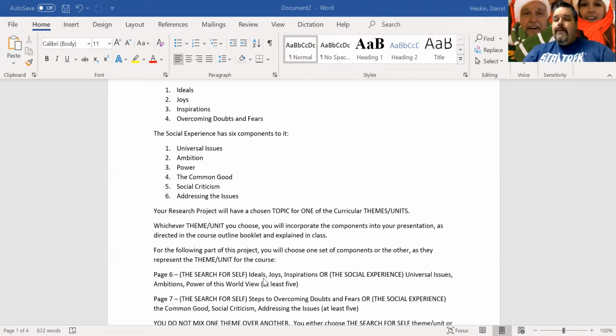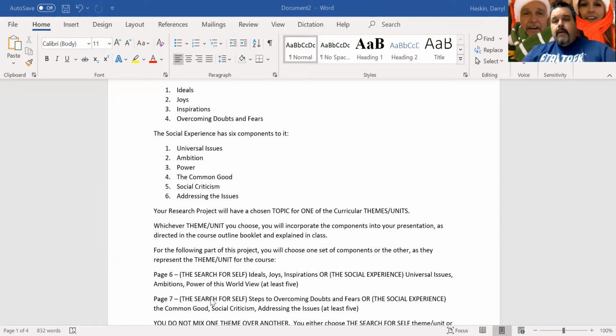Now, it says at least 5. When you are doing any kind of research project, or even an explanation for an assignment, the rule of thumb is you should have 3 to 5 points. It says at least 5, but that's just a ballpark. If you aim for 3, that's good. 4 is better. 5 is perfect, because now you have a more well-rounded approach.